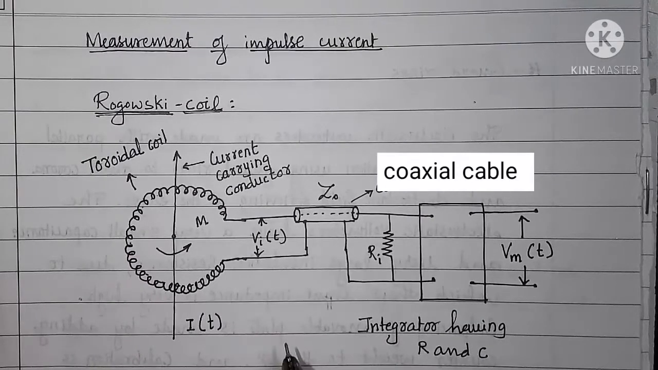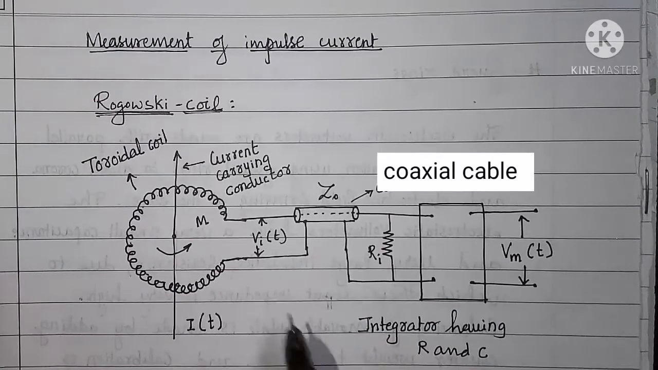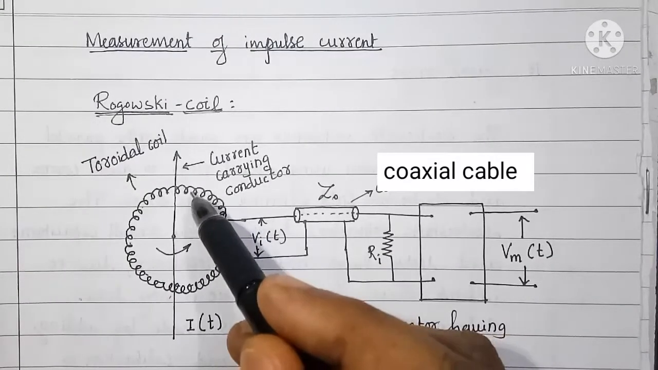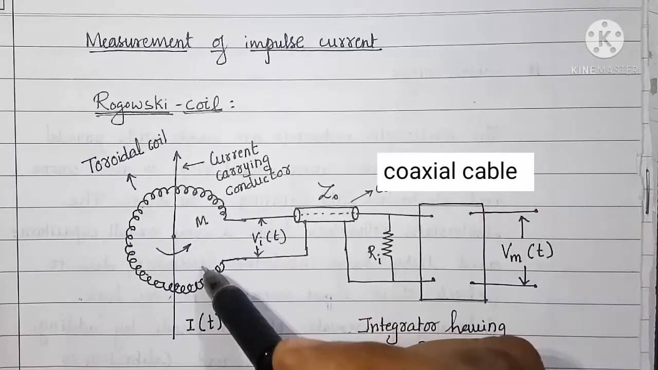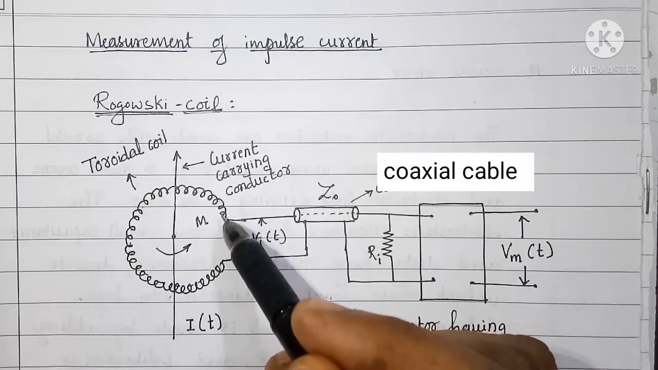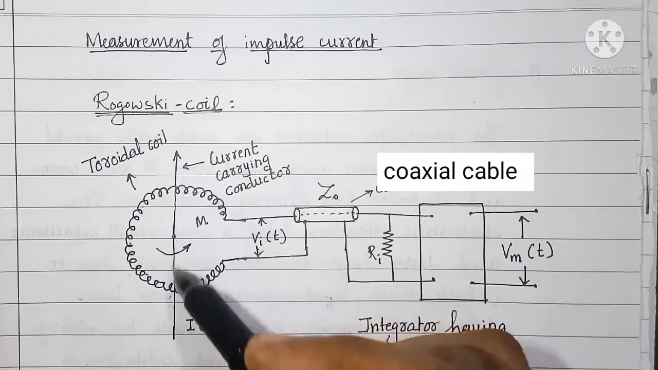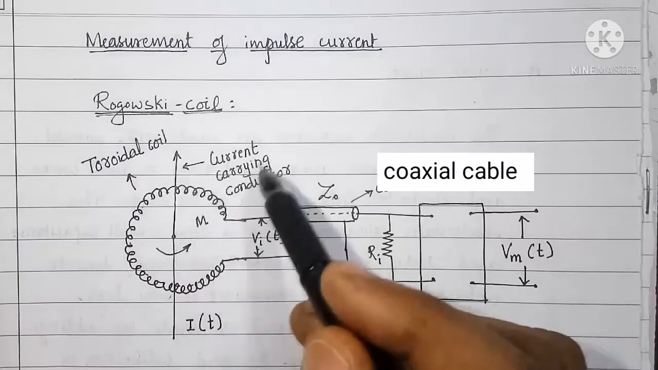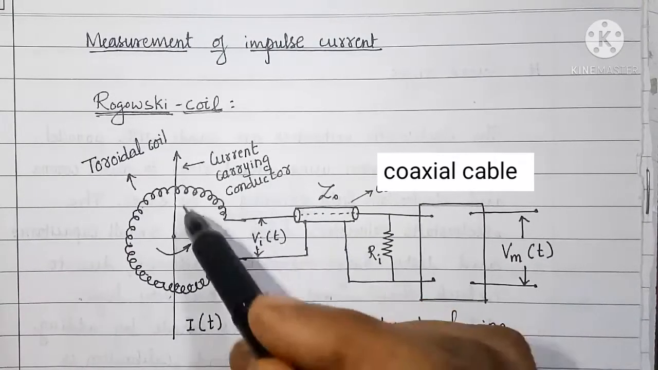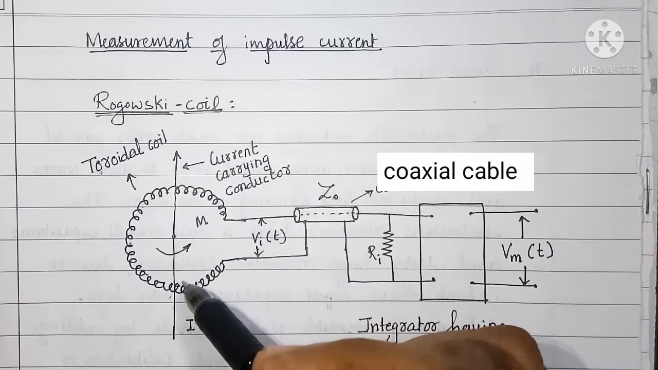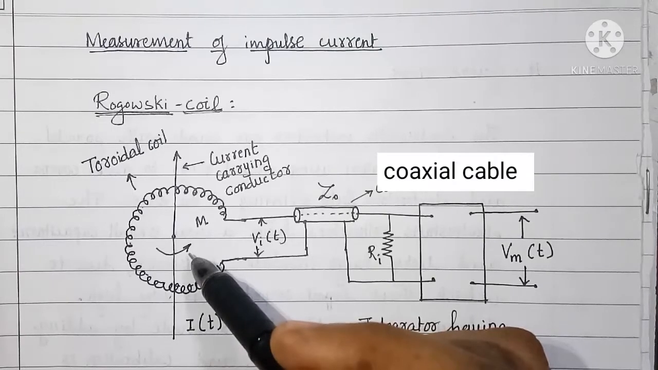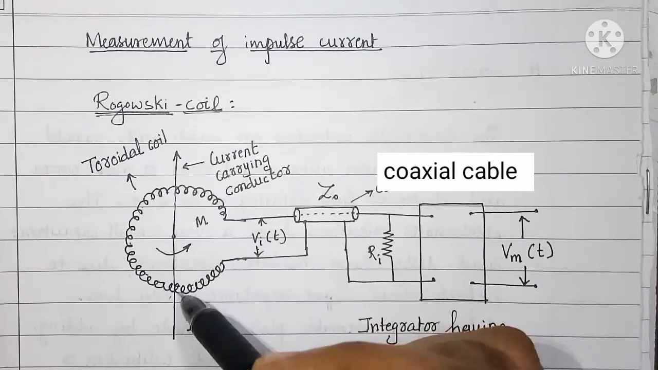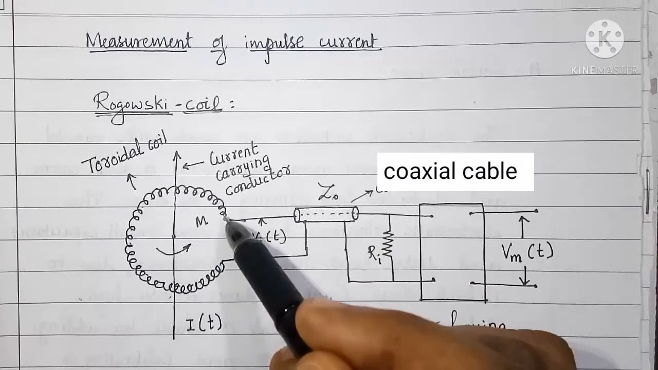The figure here shows the circuit diagram of Rogowski coil. Here you can see a toroidal coil having non-magnetic core. Through the axis of the coil and perpendicular to the plane of the coil, a current carrying conductor passes. Through this conductor, the impulse current under measurement passes. Due to the mutual inductance between the current carrying conductor and toroidal coil,